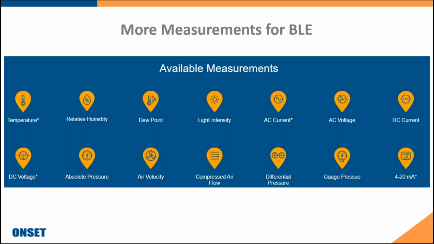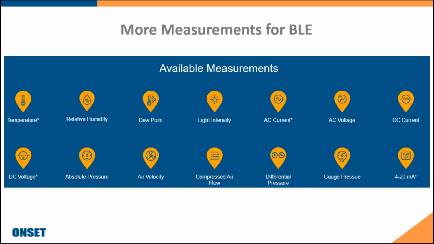And with that being said, here's some additional measurements that you can take with our Bluetooth data loggers. Again, some of our loggers do have built-in temperature and relative humidity sensors. From that, you are able to calculate dew point. We also have sensors for light intensity, AC current, AC voltage, DC voltage, air velocity, differential pressure, and 4 to 20 milliamp signals. The DC voltage and 4 to 20 milliamp inputs allow you to actually connect third-party sensors to